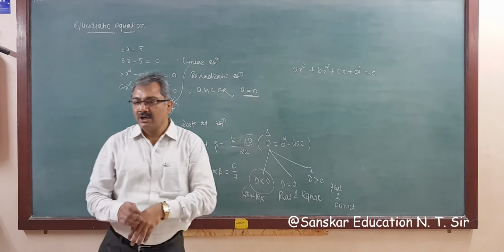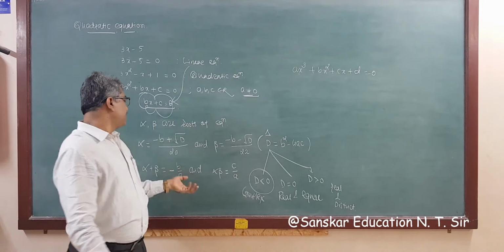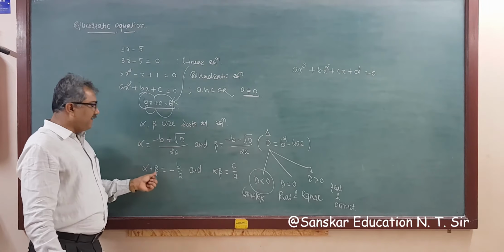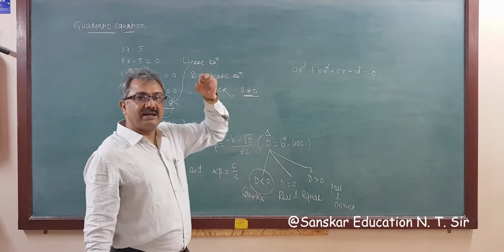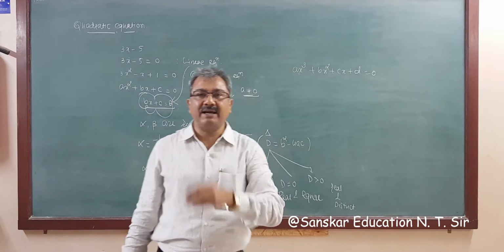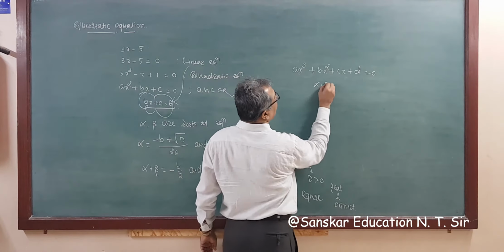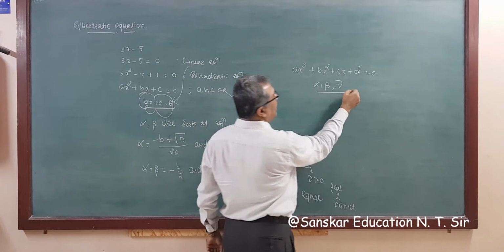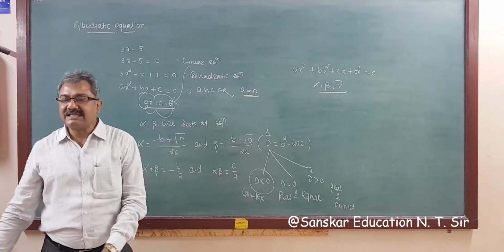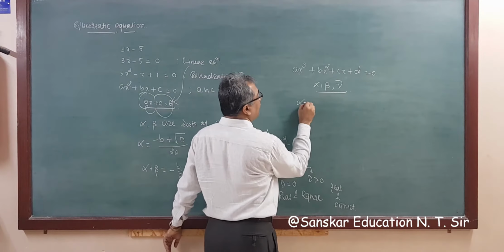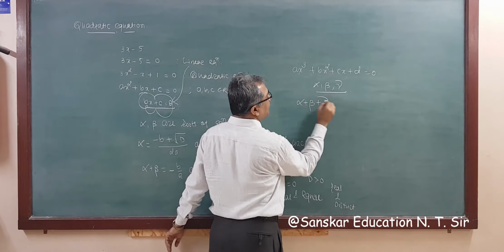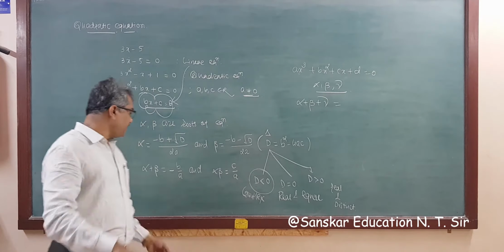So now this is a cubic equation, and similarly to this, since it is a cubic equation, there are 3 roots. So if alpha, beta and gamma are roots of this equation, then the sum of the roots, alpha plus beta plus gamma, is equal to, now what is here the sum of the roots?